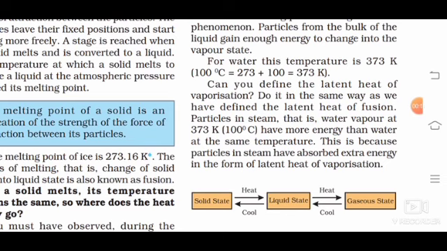After that, you can see in the textbook page there is some conversion. As you know, the boiling point of water is 100 degrees centigrade. Here 373 Kelvin is written. See, here degree is not there. Take care when you are writing. Degree Kelvin is not correct. You have to write only K.